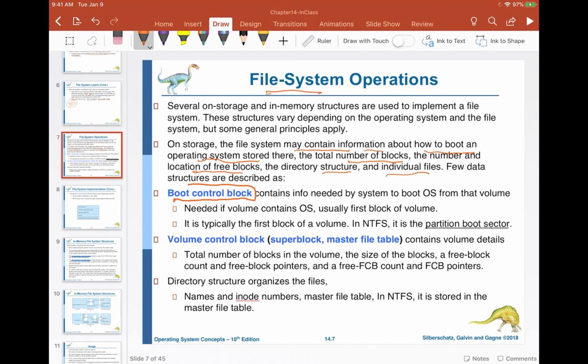This is also a very important block, which is on the secondary storage and contains the information needed by the system to boot the operating system from that volume. Usually it is the first block of the volume. In different operating systems we call it different things, but in NTFS we call it the partition boot sector. There is another block which is called the volume control block, also called the super block or the master file table,